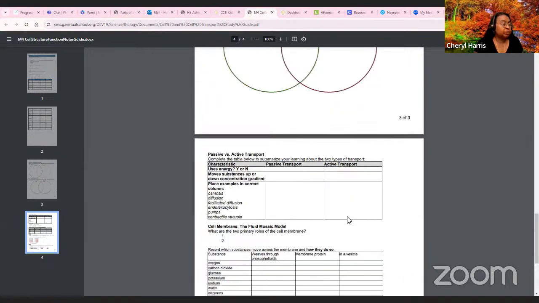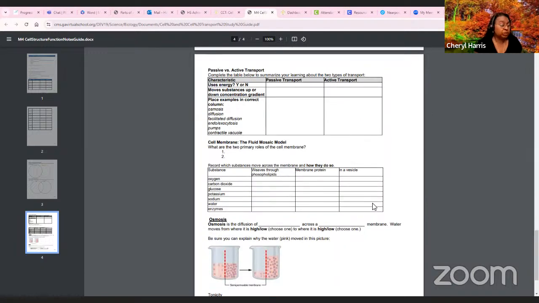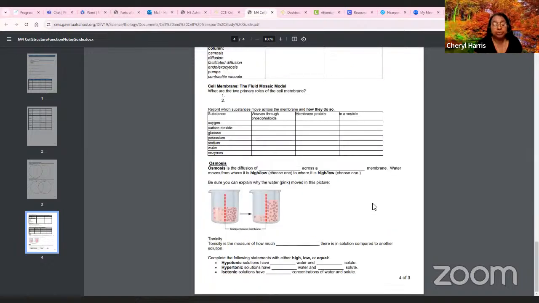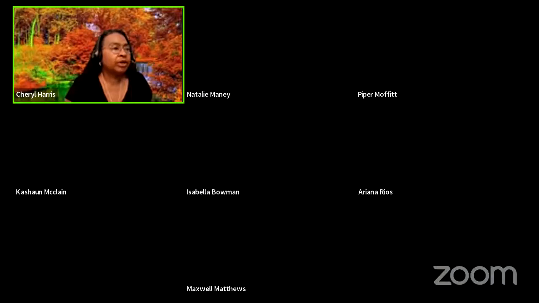So yesterday we completed the worksheet that you did have to upload. So make sure that you uploaded a copy of the cell transport worksheet that we completed in class yesterday. And then just go through and look at this. And actually, now that I think almost everybody's here, I'm going to just run through and stop sharing for a minute while I find the part I want you to look at.